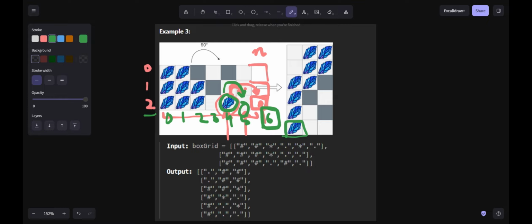Now this stone has become a new obstacle, right? So at the fifth location, I have the last obstacle. Then I'll come here, and I'll change this particular stone to an empty element. Then I'll come here, this is empty. Then I'll come here and I'll have another stone. Now this stone is going to fall over the last obstacle. The last obstacle was at the fifth position, right? This is now empty, and this particular stone has come here in the fifth column.